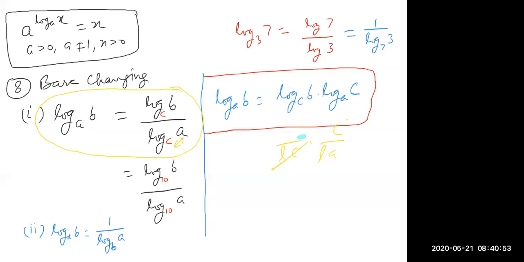Sir, you have written log_A B is equal to log_C B into log_A C. That belongs to the first property. You can say this is the eighth property basically. Base changing, eighth sub-property, first one? No, it is a mixing of both, first and second. Because you see, 1 upon log C, this I am writing in the denominator, and I am taking it to the numerator using the second property. Okay, sir. Got it.